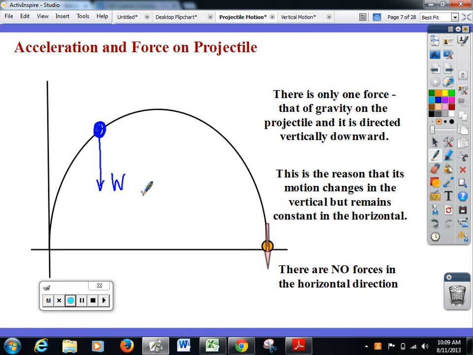So if you're going back to that box that you are filling in for question 3 there, what is a key difference between the two motions, the horizontal and the vertical motion? One of the key differences is that there is only a force on the vertical motion pulling it down. There are no forces on the horizontal motion speeding it up sideways. This means a key difference is that the vertical motion is changeable as the horizontal motion is constant. Okay?